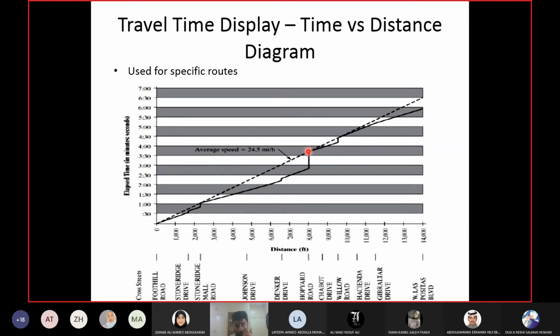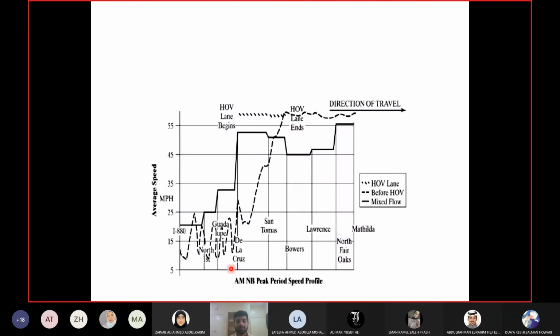So from the time distance diagram, you can find out the speed, which is the inverse of the slope. You can also find out the stop delay. And if you want to plot a line for a specific speed, then you have to do the inverse, the conversion, and you plot the line. That vertical portion of the time distance line will give you the stop delay. Now there's another way in which you can plot these lines, which is to have distance on the x-axis and speed on the y-axis instead of time.